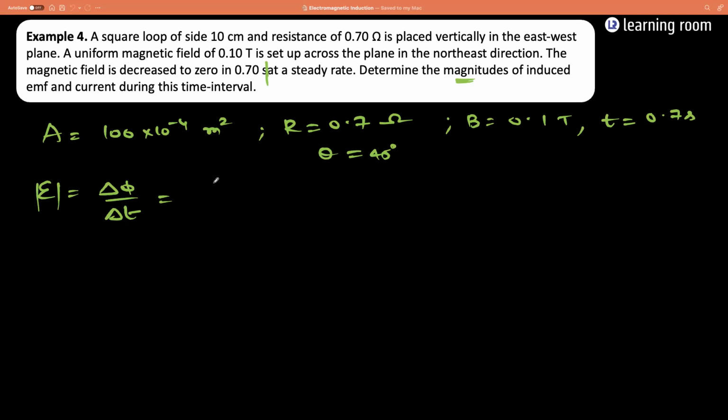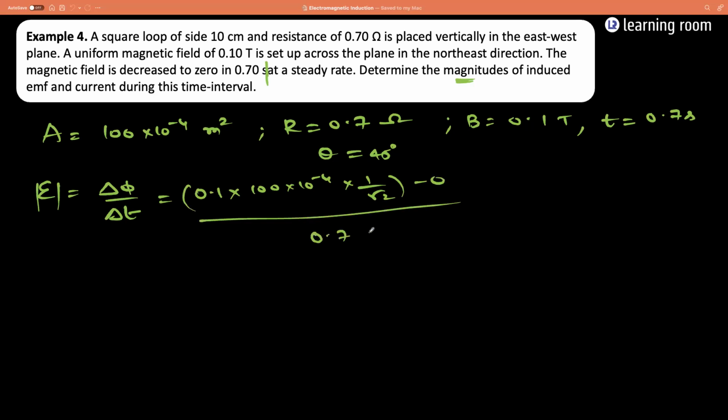So the magnetic field is decreased to 0. So for delta phi, initially how much is the magnetic flux? 0.1 into 100 into 10 power minus 4 into cos 45, which is 1 divided by root 2, minus final value 0, divided by 0.7. Remember, 1 by root 2 is 0.7. You remember the RMS value? So this and this will get cancelled. So what will you be left with? 100 into 10 power minus 5, which will give you 10 power minus 3,